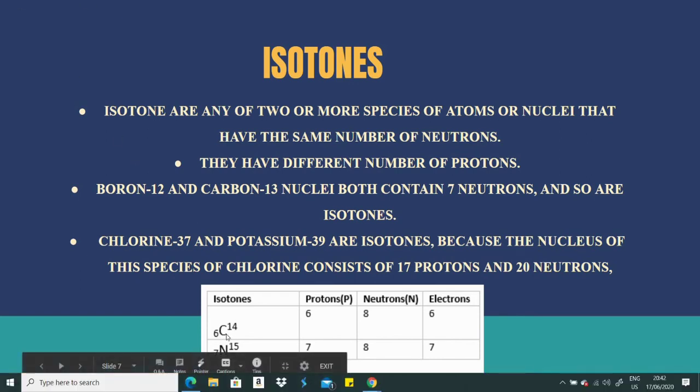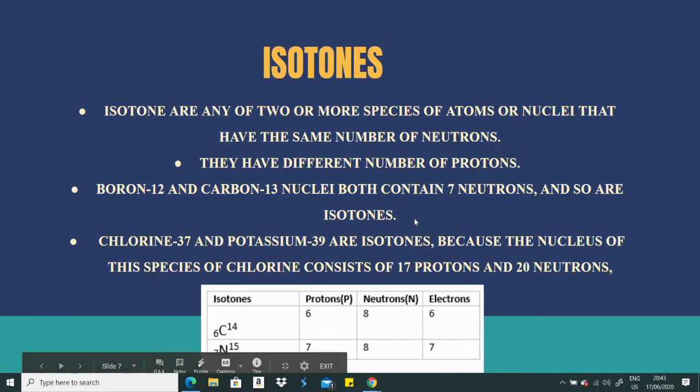See, carbon 14 with 6, that means the atomic number is 6 and the mass number is 14. Nitrogen 15 with 7, it means that 7 is the atomic number, or it has 7 electrons or 7 protons, and the mass number is 15. Okay, so in carbon, the number of protons and number of electrons is 6 and the number of neutrons is 8. In nitrogen also, the number of protons is 7, the number of electrons is 7, the number of neutrons is 8. Okay, so they have the same number of neutrons, and such kinds of atoms are called isotones to each other. Okay, carbon and nitrogen are isotones, but they are not isotopes, they are not isobars, because they have mass number, atomic number, everything different. The only thing that is similar is the number of neutrons in them.